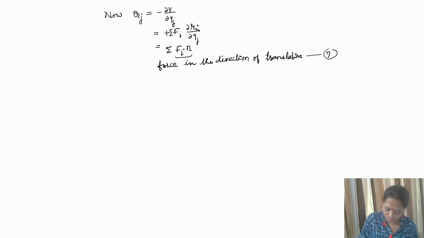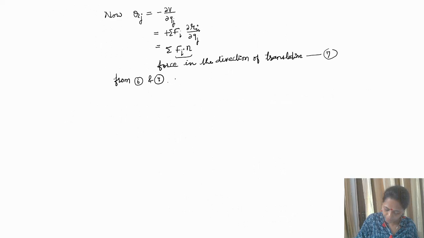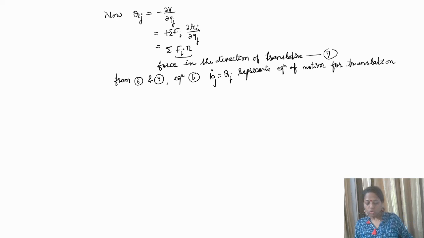So from 6 and 7, equation 5, Pj dot is equal to Qj, represents the equation of motion for translation. ठीक है, तो हमने ये भी दिखा दिया कि ये इक्वेशन ऑफ मोशन को रिप्रेजेंट कर रहे हैं. Now what is our last